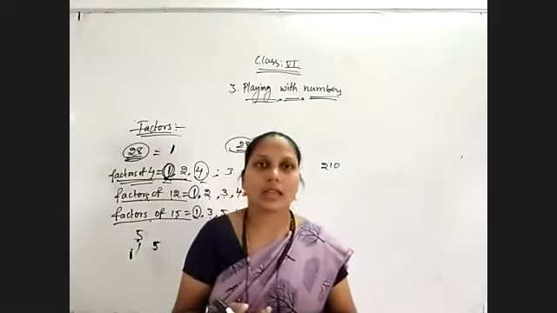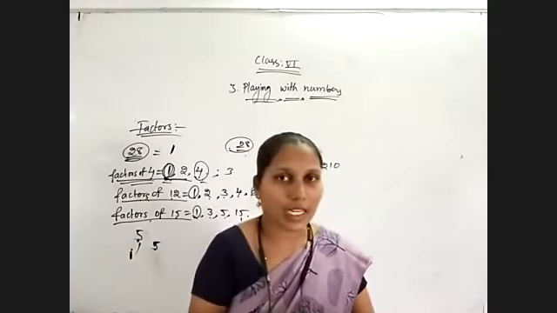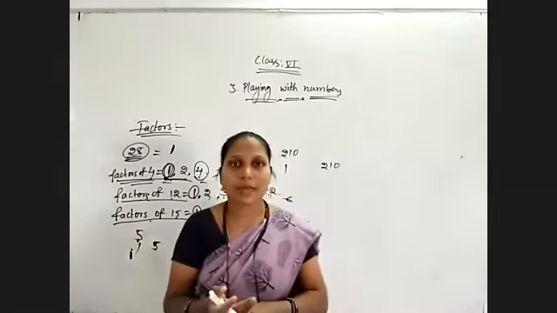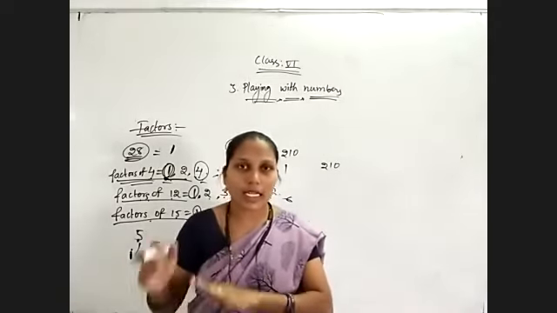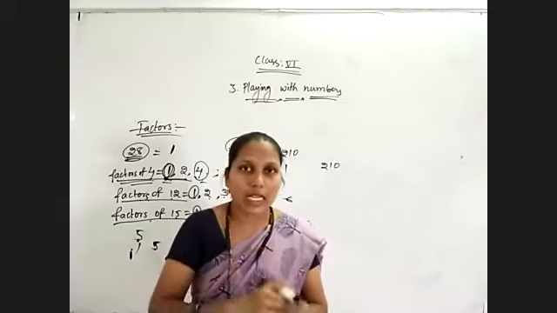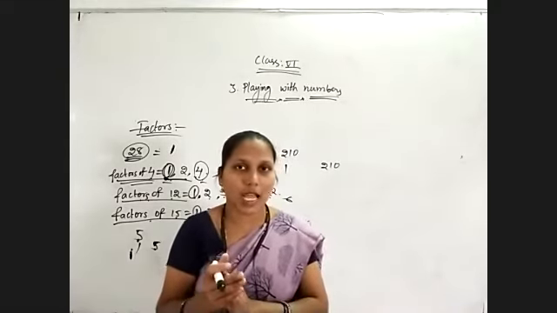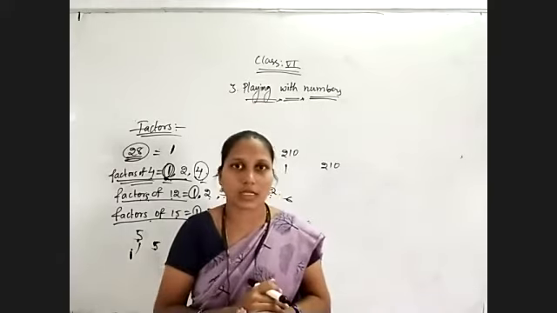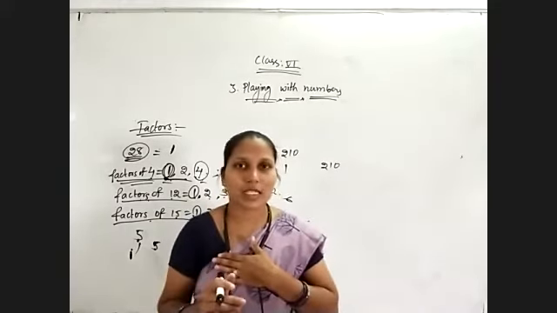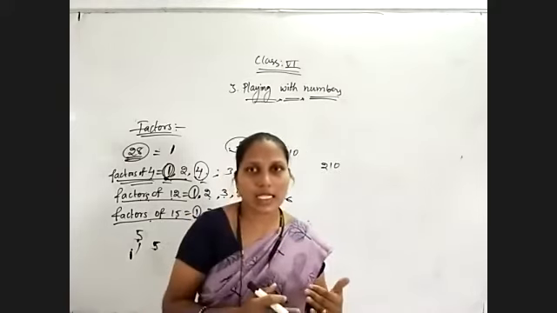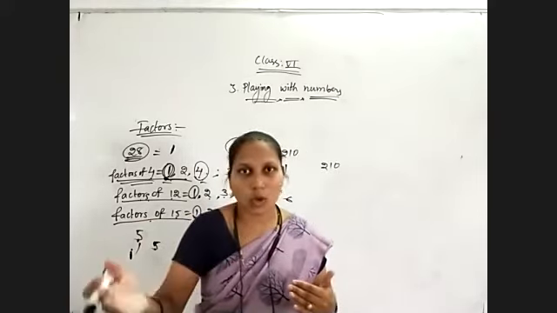And every number is a factor for itself and that is the highest factor. And factors lie between 1 and that number itself. Means you will get lesser than the given number or equal to that number. Factors are always less than or equal to the given number. Means I am writing factors of 6. So I'll get whatever factors are there, less than 6 and equal to 6, not more than 6.